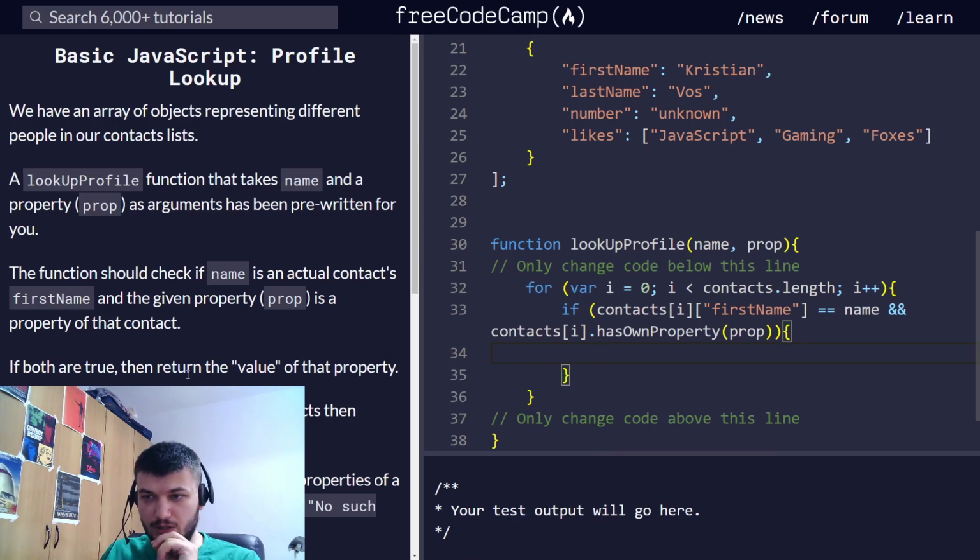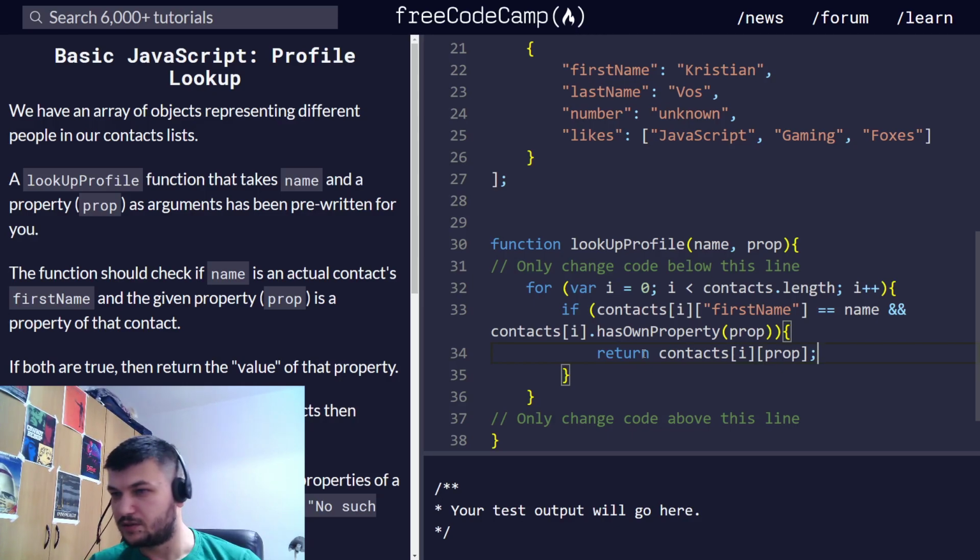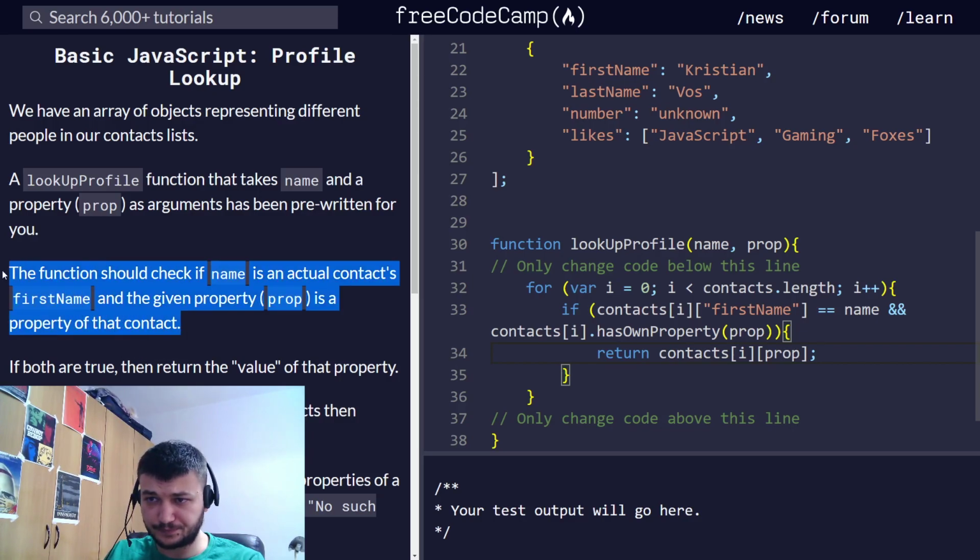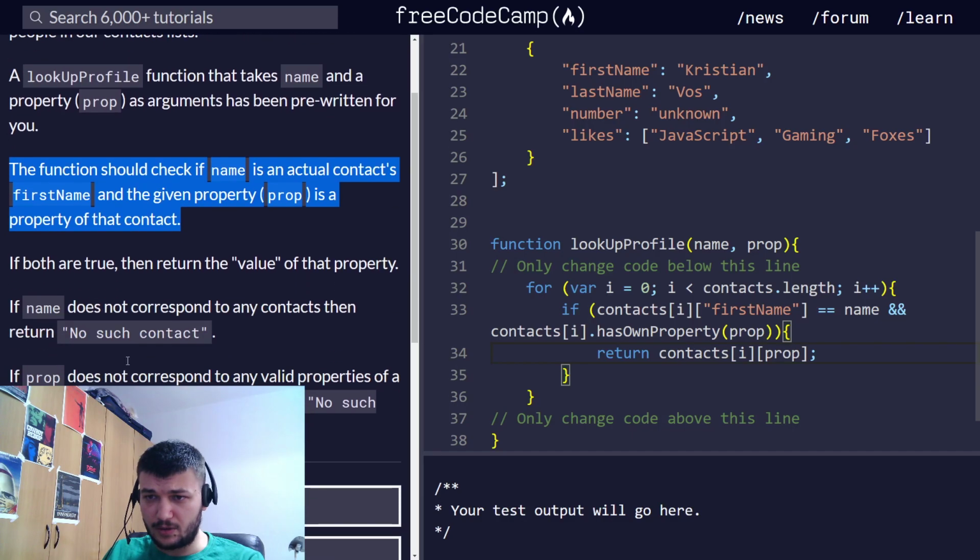So if it fulfills these two conditions, what we need to do is return the value of that property. We need to return contacts[i][prop]. So this one fulfills our first requirement. Now if name does not correspond to any contact, then return no such contact. Okay, so if we go through this,